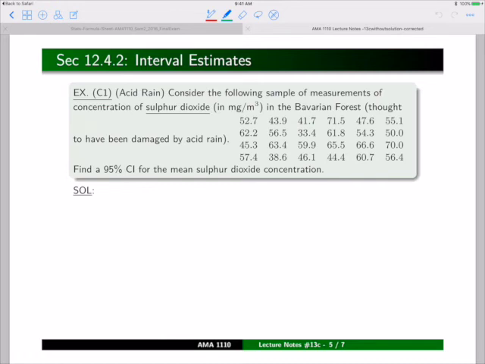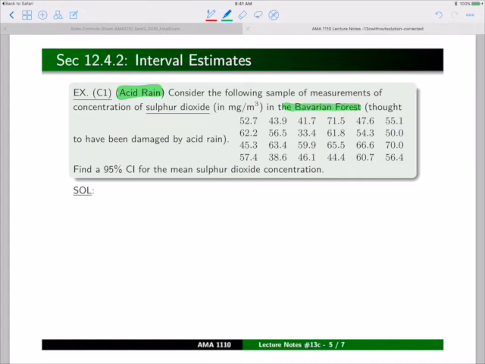So let's calculate an example of finding a confidence interval using the t distribution. Consider acid rain, which is basically sulfur dioxide in the clouds coming down in the form of acid rain. This is one problem of pollution. So let's look at the measurements in